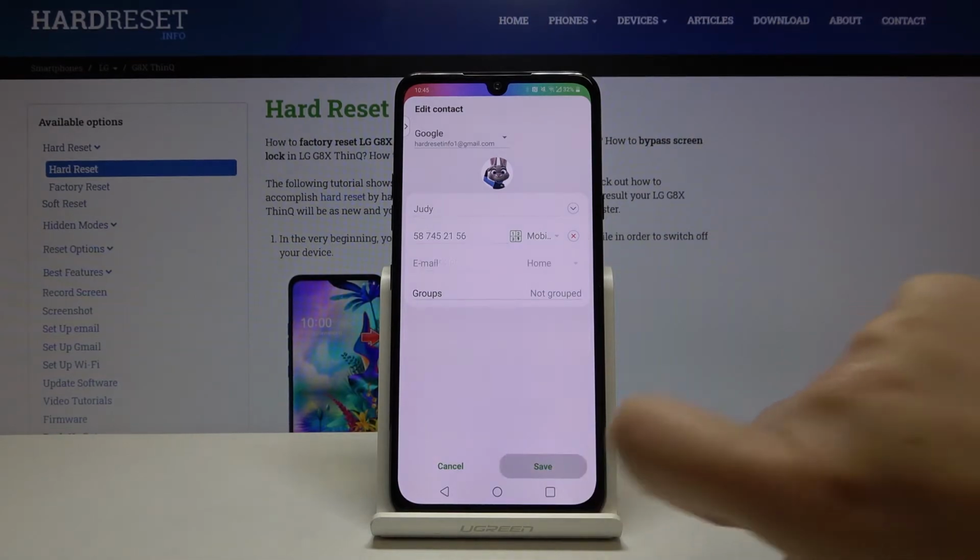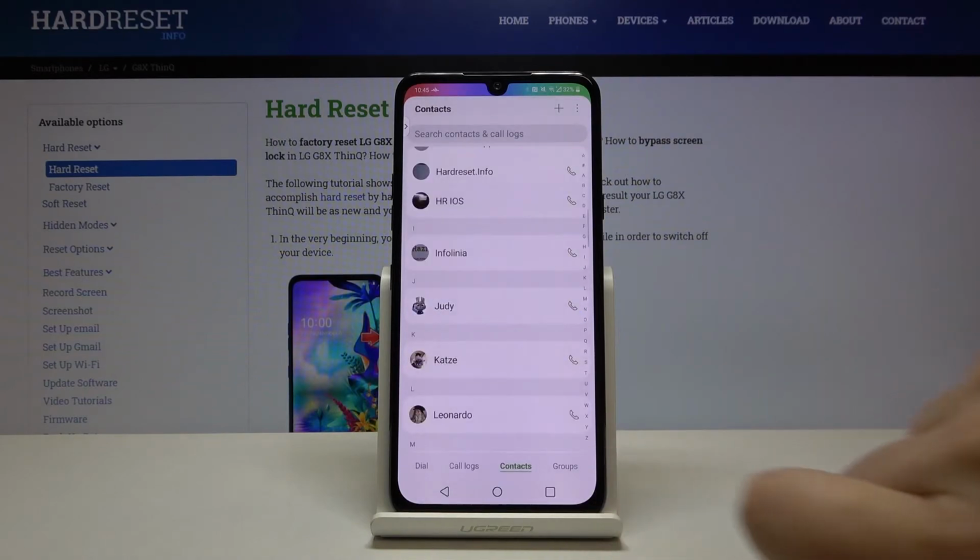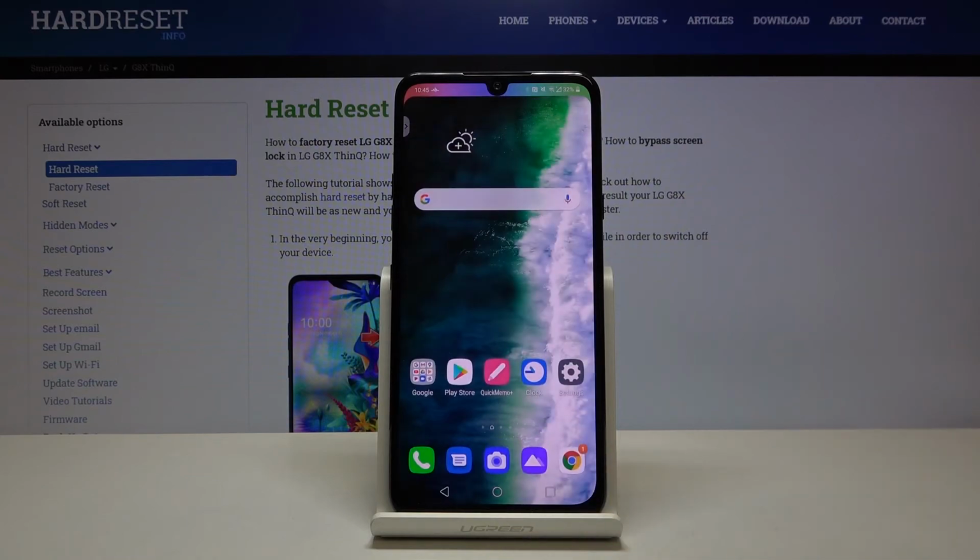And remember to click on Save. As you can see here, we've got our photo added. Let's get back to the contact list, and as you can see, it will also appear here. And what's more, you will be able to see it while all incoming calls or text messages from that number. So that's all. This is how to add a photo to a contact in your LG G8X